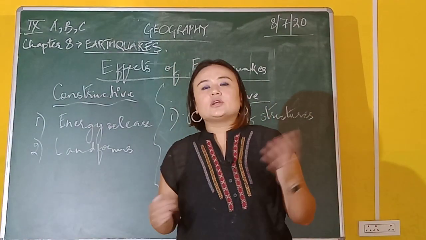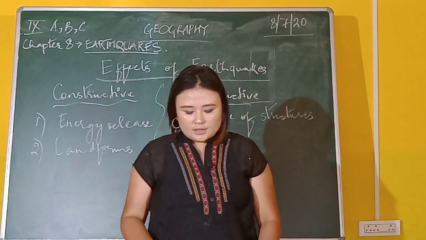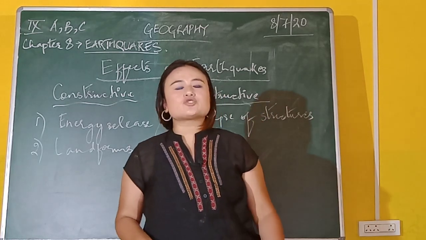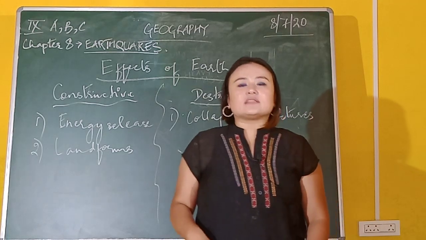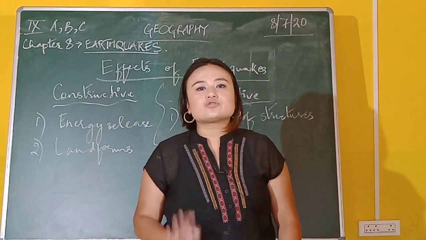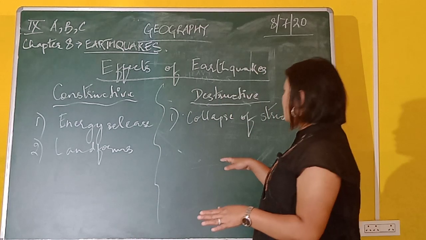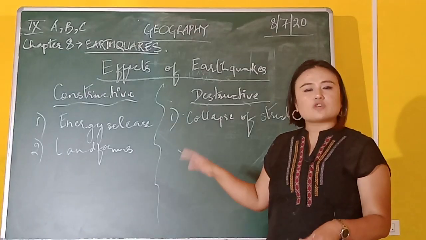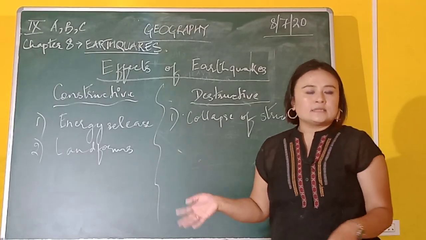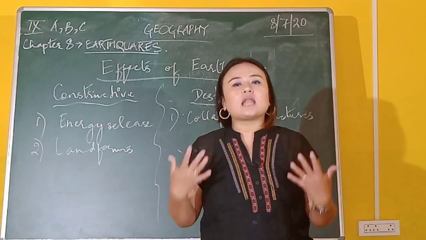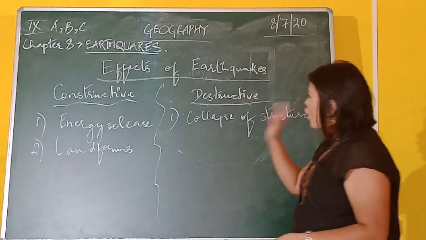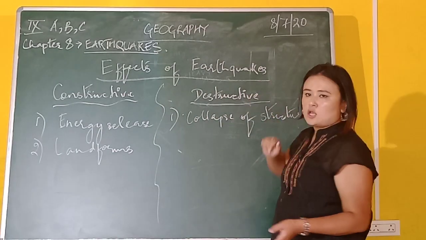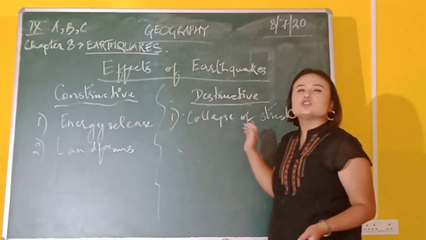For example, in Nepal's earthquake in the year 2015, there were many structures, many buildings, many monuments, many temples, that were totally dismantled and destroyed. So the collapse, or the fall of structures, the Dharahara monument there in Nepal, totally collapsed when it was hit by the earthquake in the year 2015. So your first primary destructive effect of an earthquake is the collapse of structures.